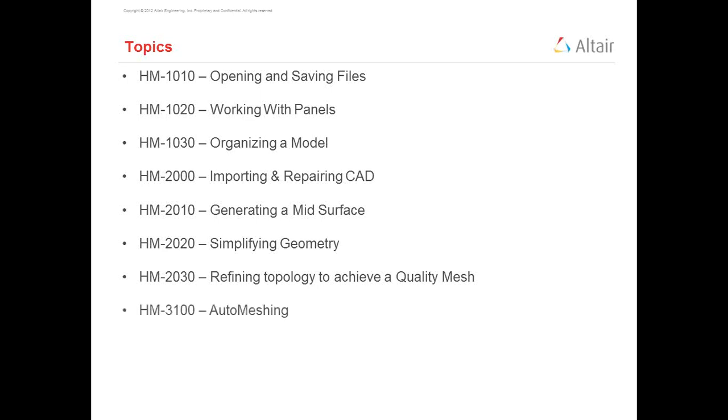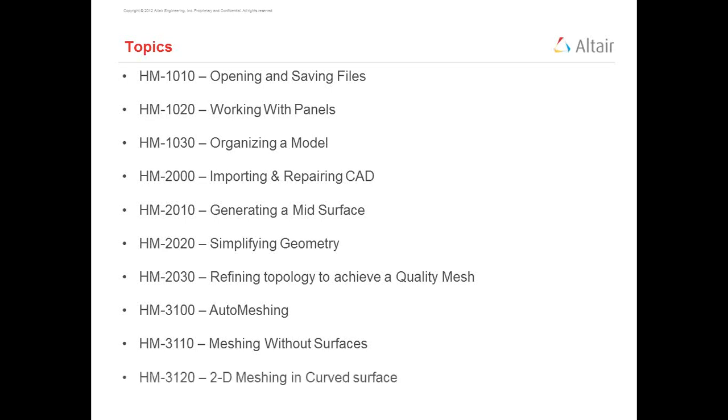Then auto mesh panel available in HyperMesh for 2D meshing, how to use that, what are the different parameters available in auto mesh panel, 2D auto mesh panel. Then there are few different options also available in HyperMesh through which you can go for 2D meshing, if you don't have any surfaces, with the help of lines or nodes you can also create the elements.